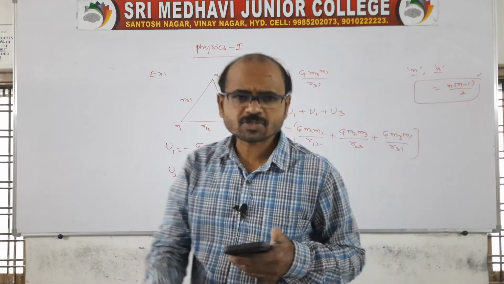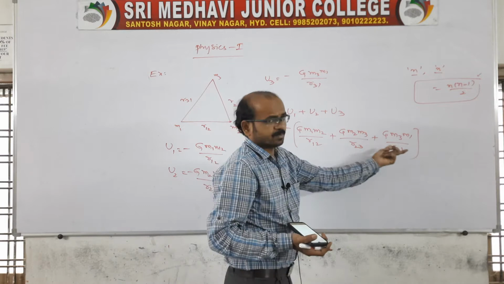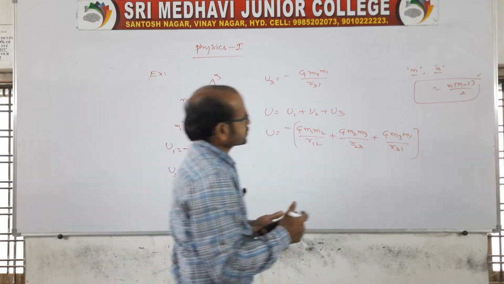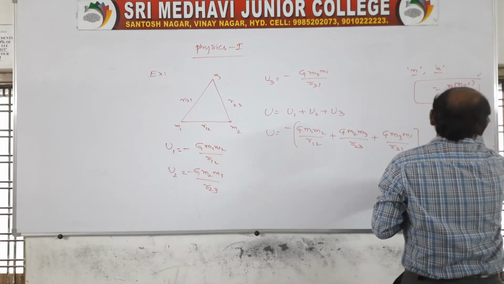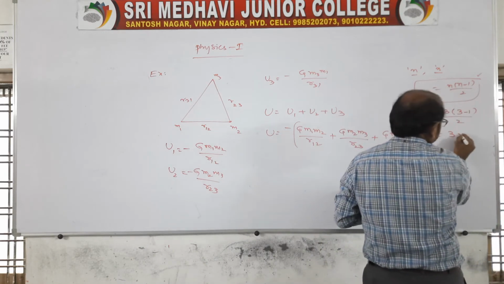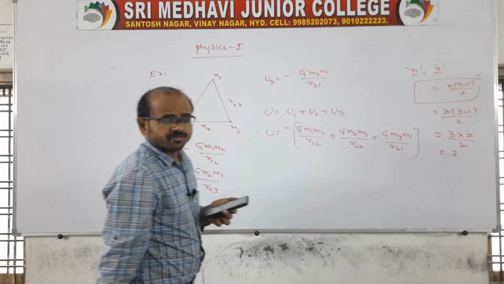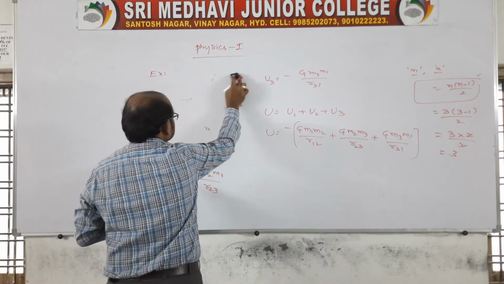Suppose I tell you, here you look at how many there are. There is one pair, second pair, third pair, because there are three corners. Using the formula here also, with n corners, it is 3 into 3 minus 1 by 2, so 3 into 2 by 2. How many are we getting? 3, if I take a triangle.